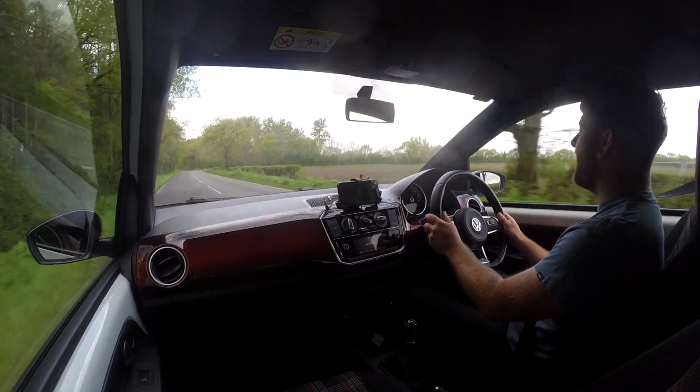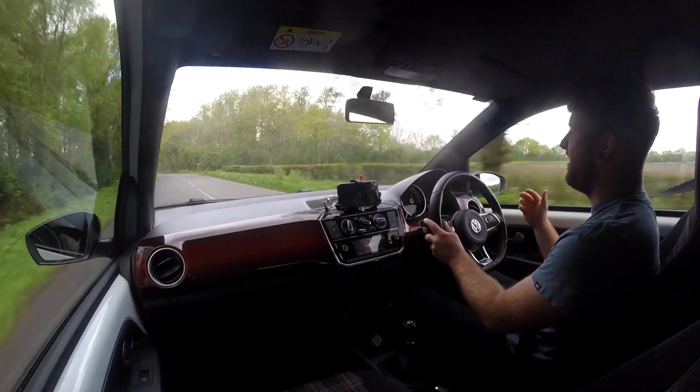Even though it's a new car, it just feels like an old car. It's sort of raw. The newer UP GTIs have got lane assist and all sorts of stuff, but this one doesn't. Like I said, it's a very basic model. It doesn't have the upgraded sound system, so no extra weight there. Doesn't have a sunroof or a pan roof, so no extra weight there. It's just an absolute stripped down to basics, good little car,